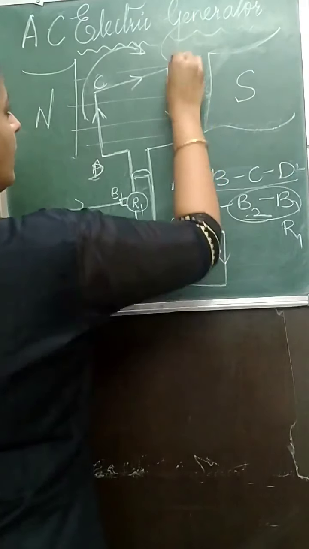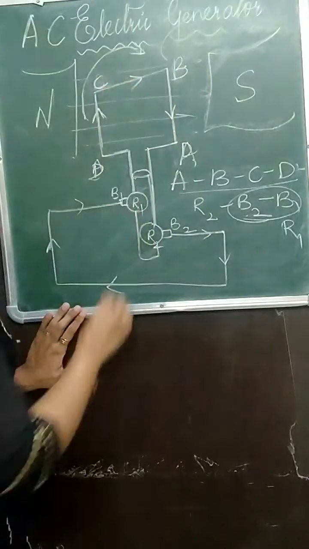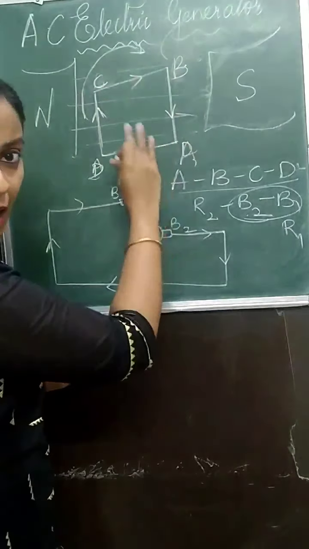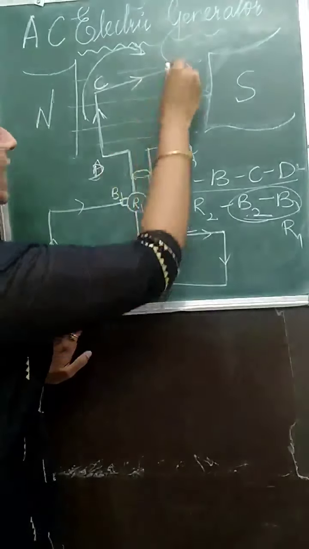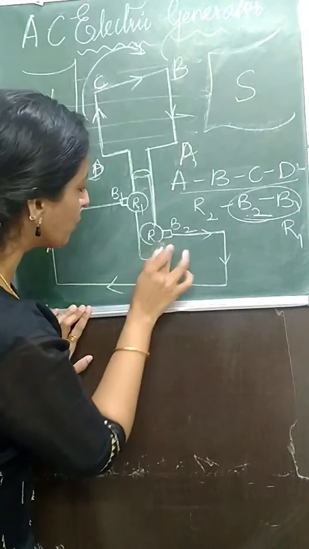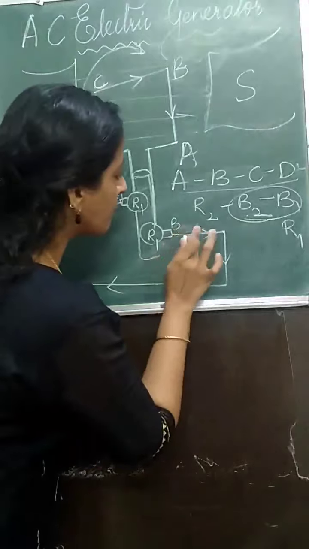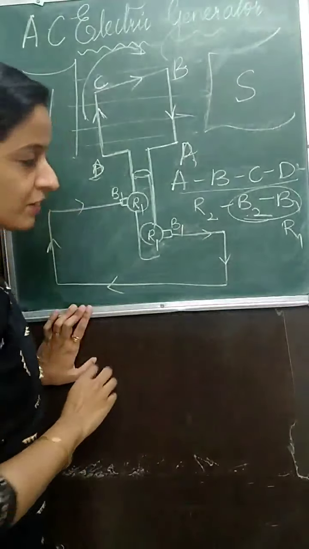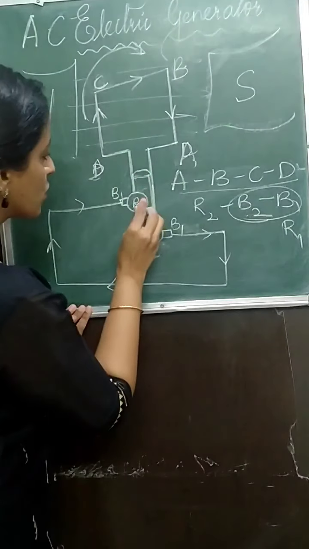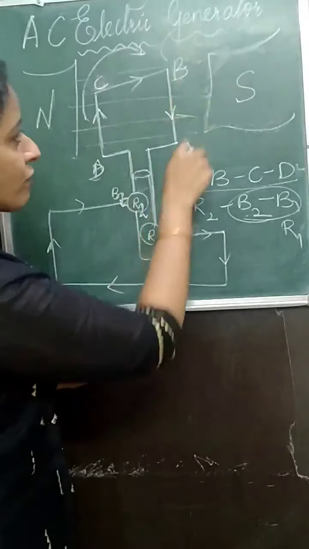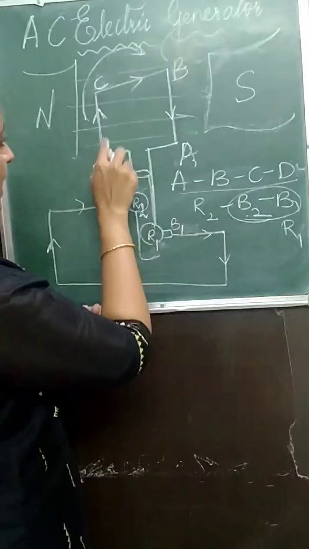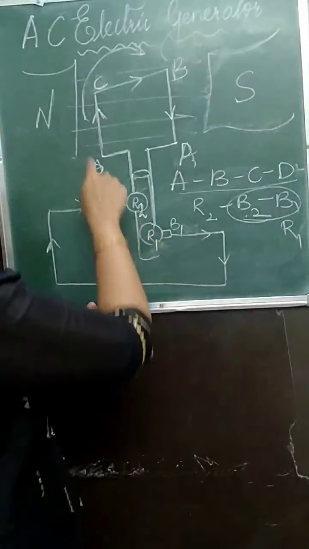AB. Now, if you change the upper part of the coil, you have to change the lower part also. AB will be attached to R1, same way brush B1. CD will be attached to R2 and brush B2. Now the direction of current, in this case after half rotation, will be in the